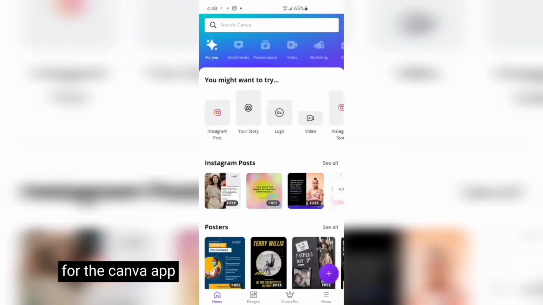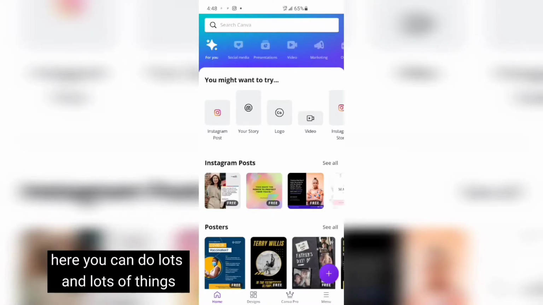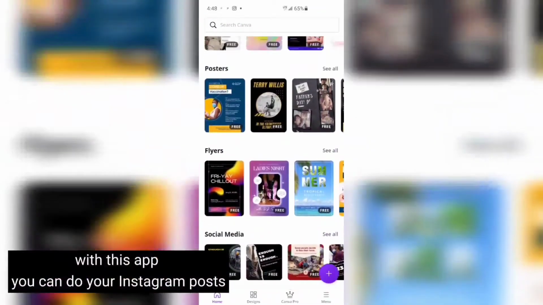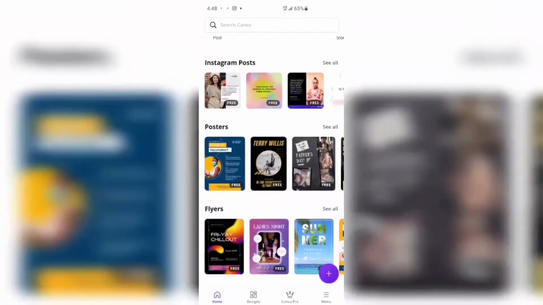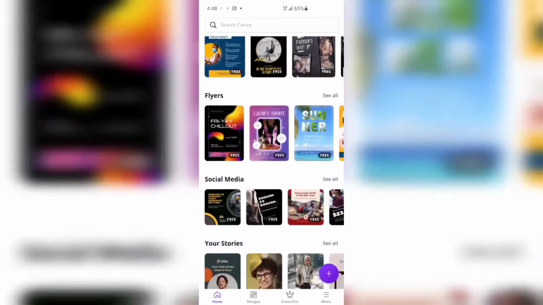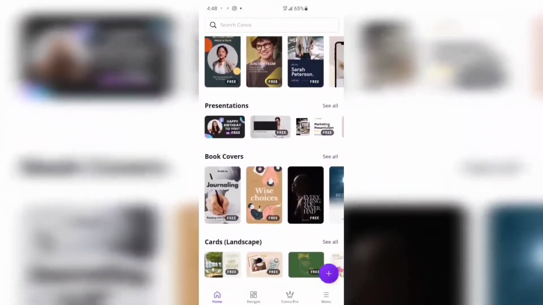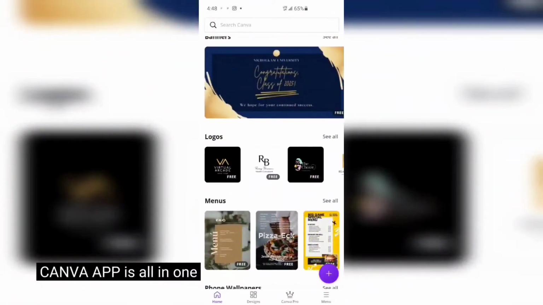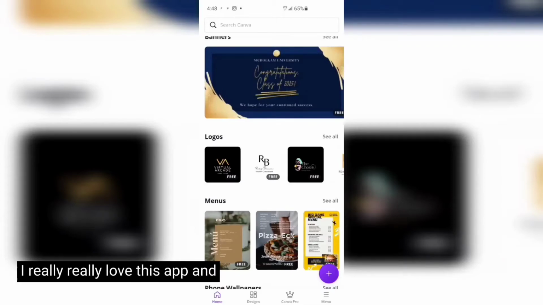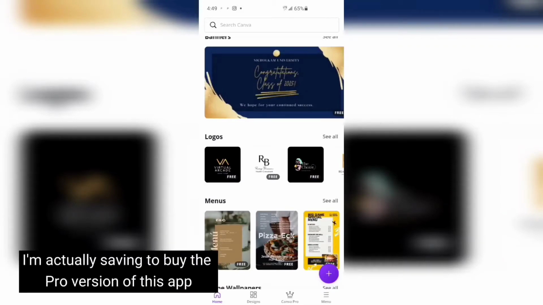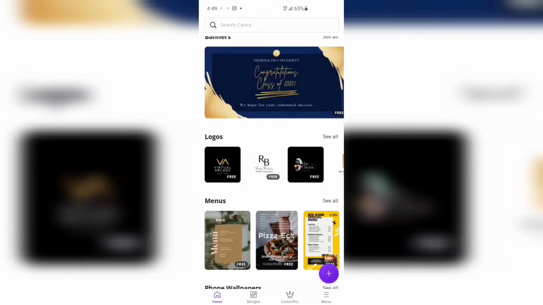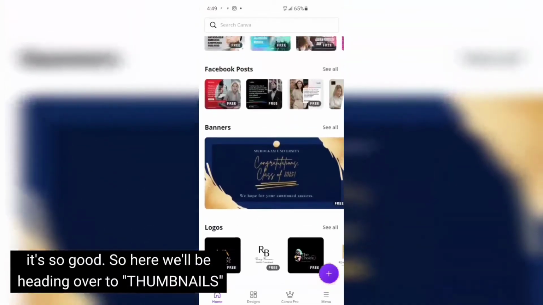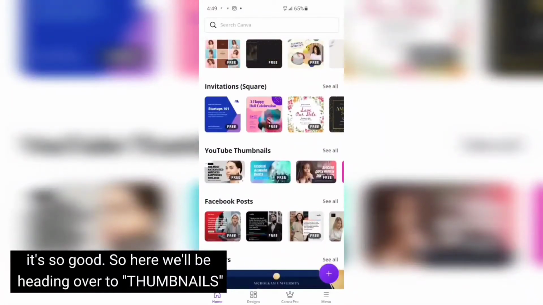For the Canva app, here you can do lots and lots of things with this app. You can do your Instagram post, your posters, your flyers, social media, your stories, presentations. Like, Canva app is all in one. I really love this app, and I'm actually saving to buy the pro version of this app because, man, it's so good. So here we'll be heading over to thumbnails,